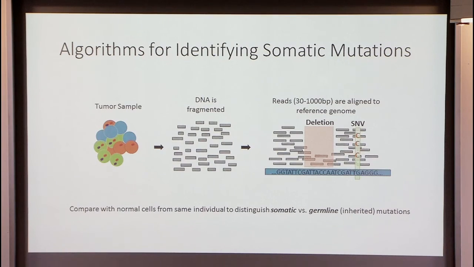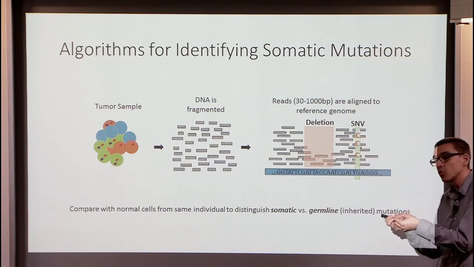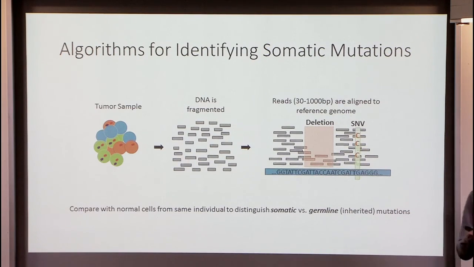event. Usually this is done for the tumor sample, as I have indicated here, and at the same time for a normal sample from the same individual, in order to compare. So typically when you take the biopsy of the tumor, you also take a biopsy of normal healthy tissue, and then you do a comparative approach. You run the whole pipeline for both of these samples.